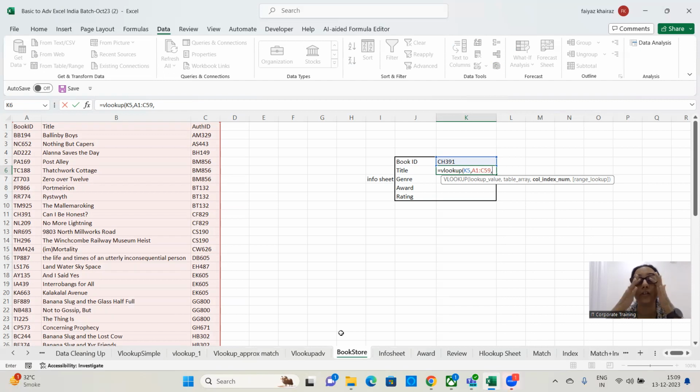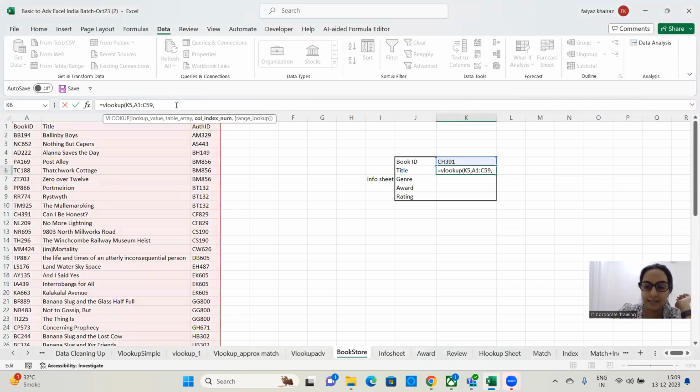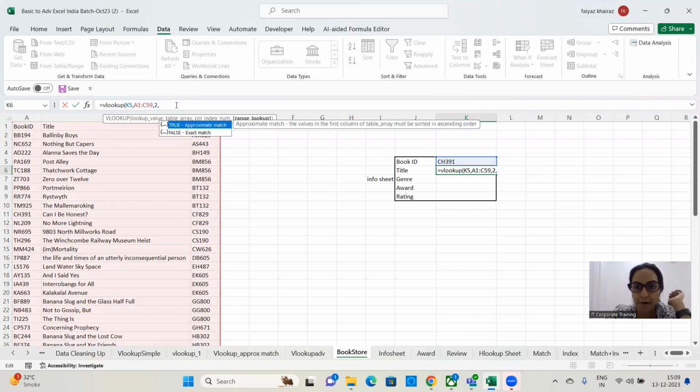Anyone? Which is the column where the title is in? Yes, the title is in the second column within the selection. Title is in second column within the selection, comma again, and now I'm going to look for the type of